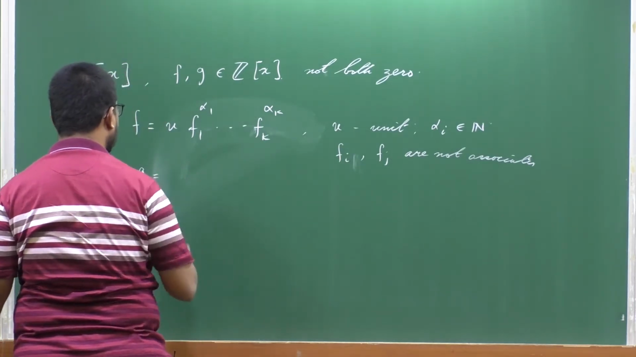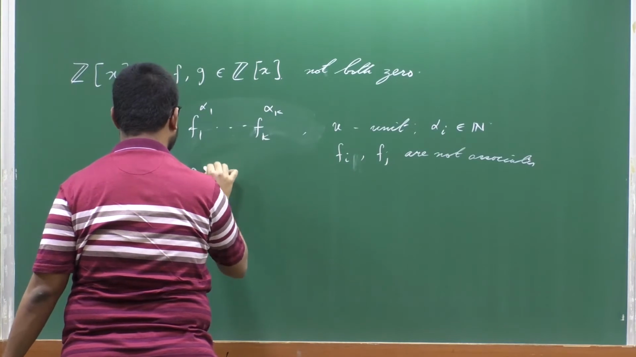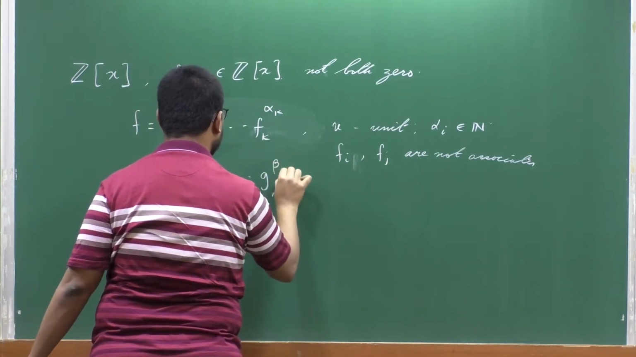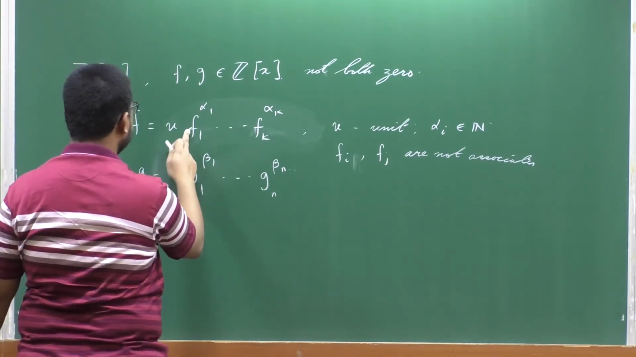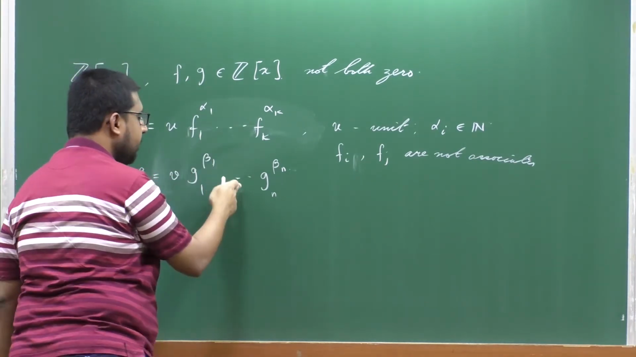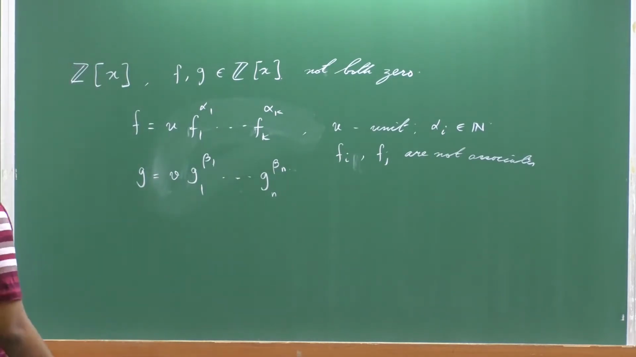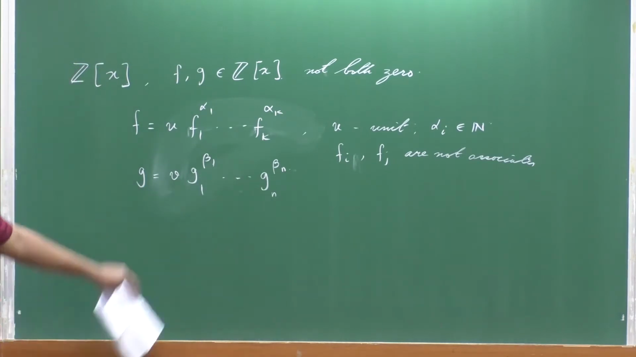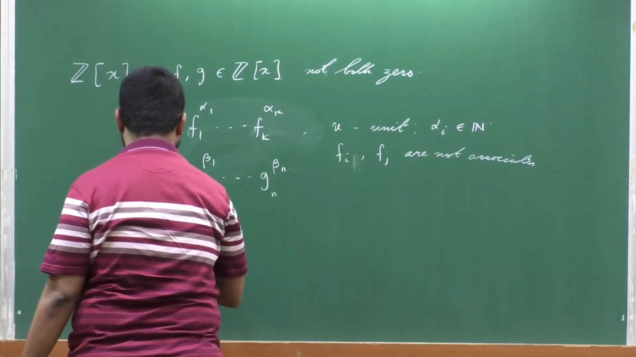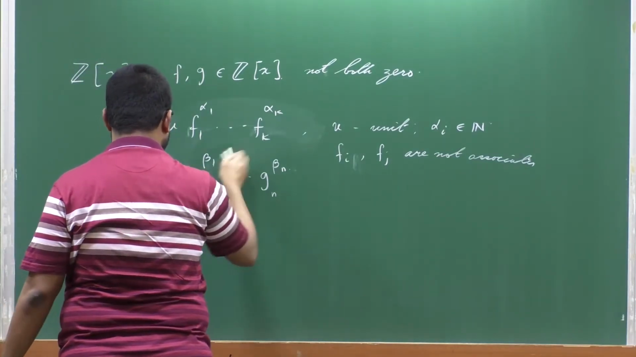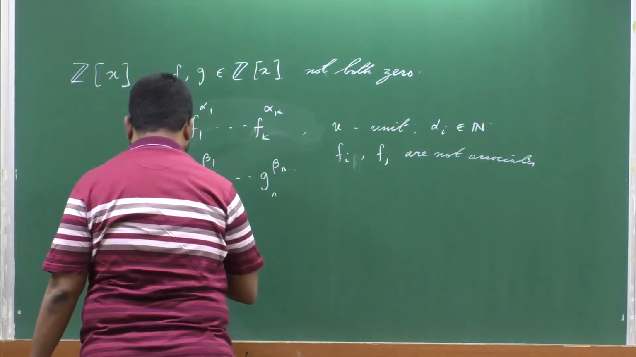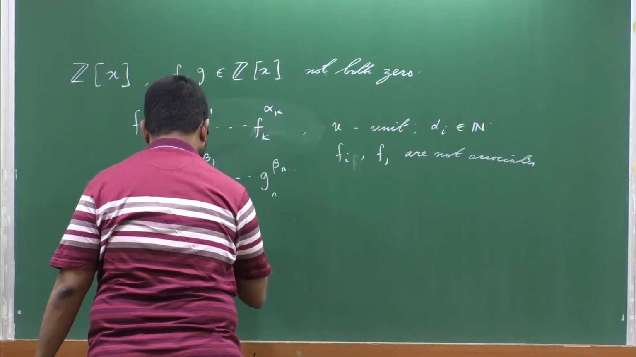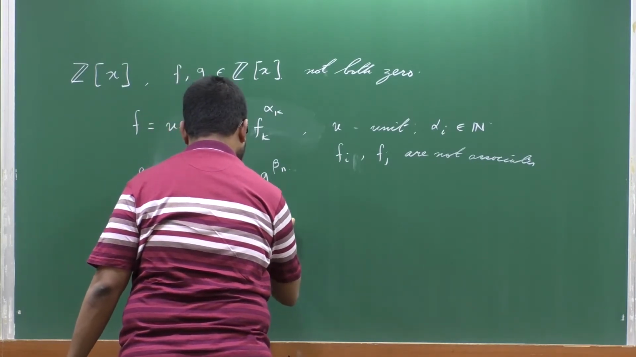And then of course we can write g as follows: v g_1 to the power beta_1 up to g_n to the power beta_n. Here also we have the convention that v is a unit, these are positive integers, and these irreducibles are pairwise non-associates. Now there could be another thing, that some f_i might be associated to some g_j. If that is the case, then we can further manipulate the second one, and by making necessary rearrangements, we can assume that g is of this form: f_1 to the power beta_1 up to f_r to the power beta_r,